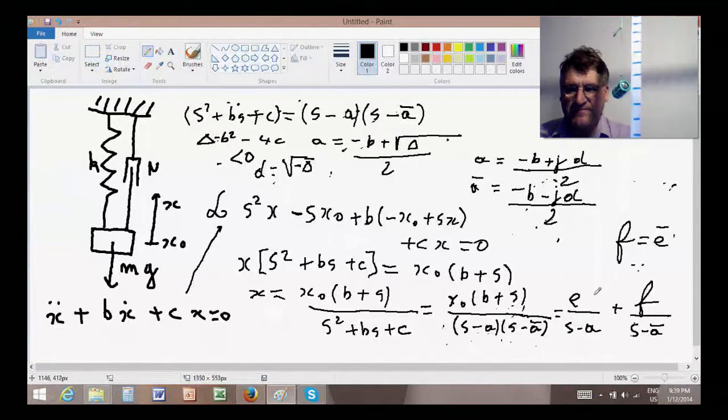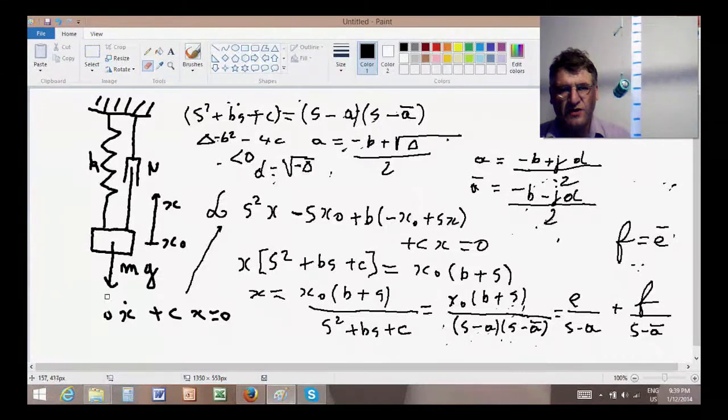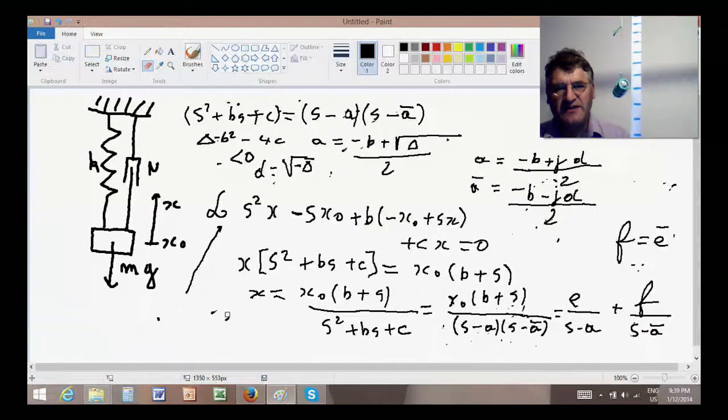If you remember what we talked about when we discussed the Laplace transform of growing or decaying exponentials, we said that